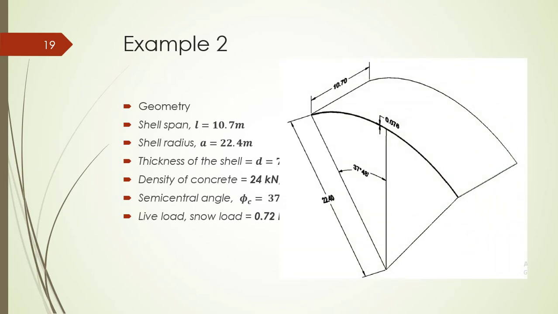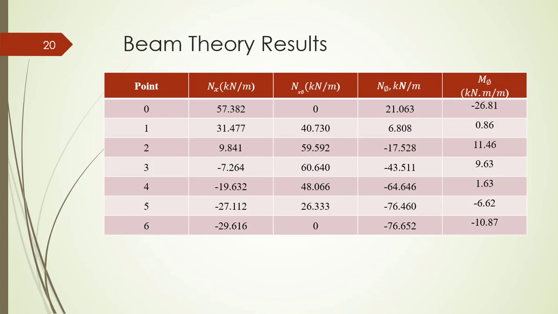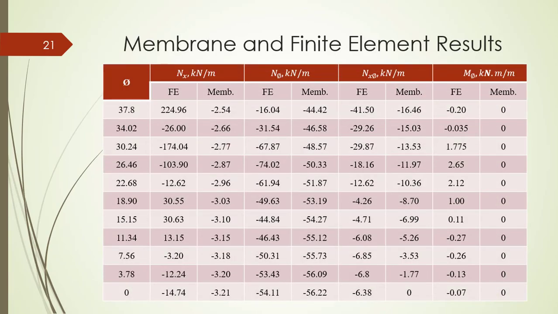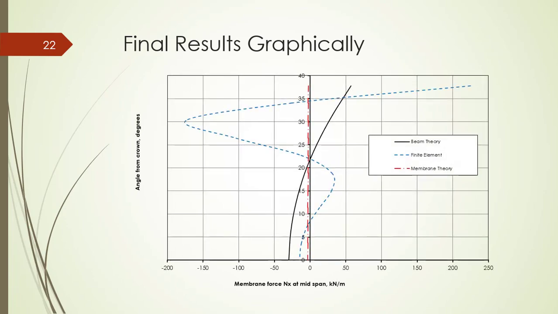Finally, we move on to the second example, which used these properties. The results in this table are for the beam theory and also for the membrane and the finite element results. In the final results graph, we can see that the beam theory and the membrane theory are slightly different, but the membrane theory may not be clear in the force Nx, but in almost all four drawings they show